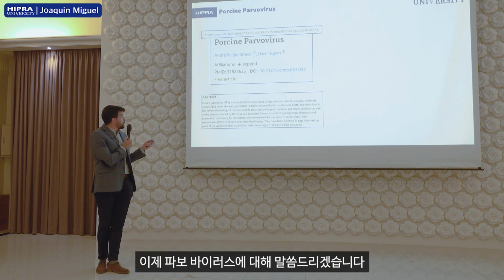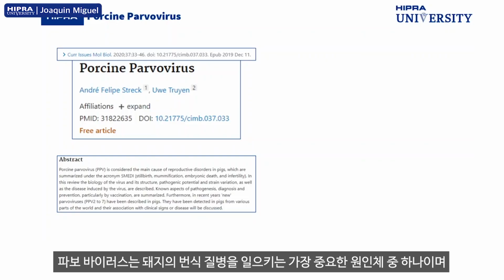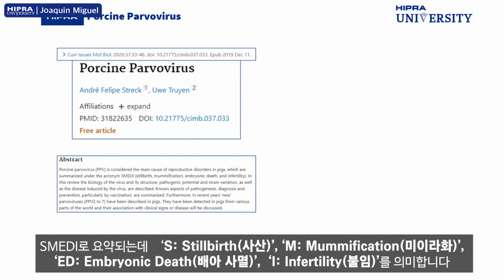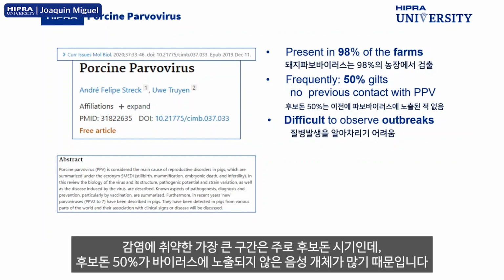Well, let's now move on to parvovirus. Parvovirus, when it's not controlled, is considered one of the main causes of reproductive disorders in pigs, causing the clinical SMEDI: stillbirths, mummification, embryonic death, and infertility. As we mentioned, based on the bibliography, parvovirus is present in around 98% of the farms. Frequently, the gilts are the most